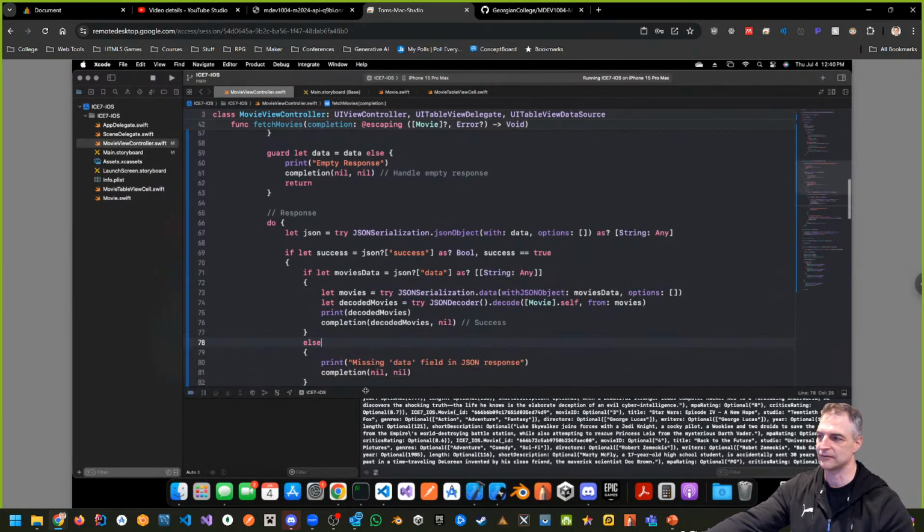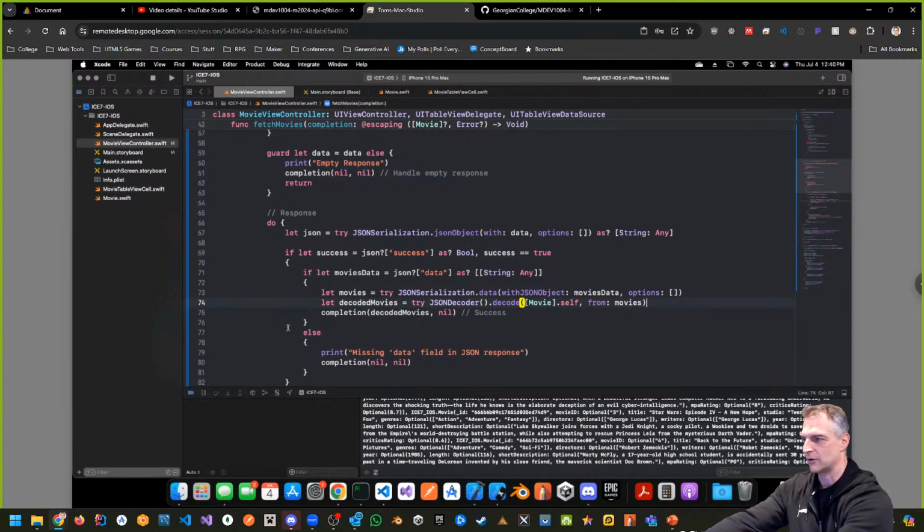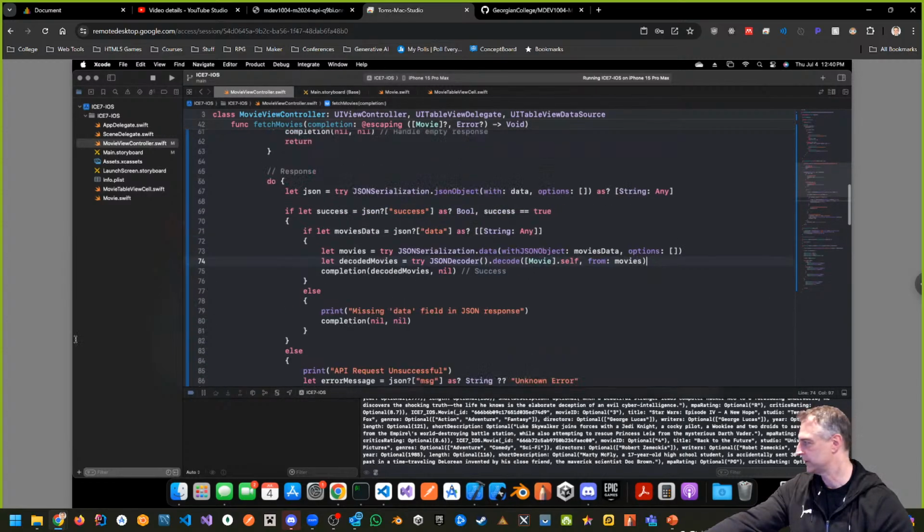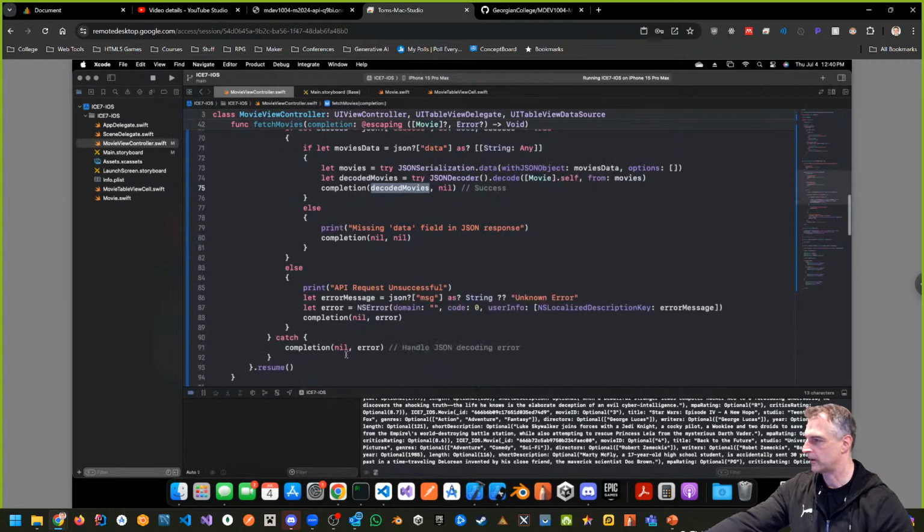We've got to figure out where we're going wrong, right? Because that's something that's happening. So we're decoding everything well. So coded movies, we don't care about. That's fine. Okay, so we've got to this point. We know we're getting back the stuff. The completion handler is being returned. So we're returning decoded movies, this whole part here, back to the completion call, right? That's when that's happening. Calling resume,